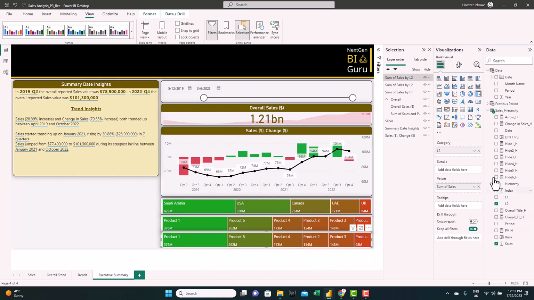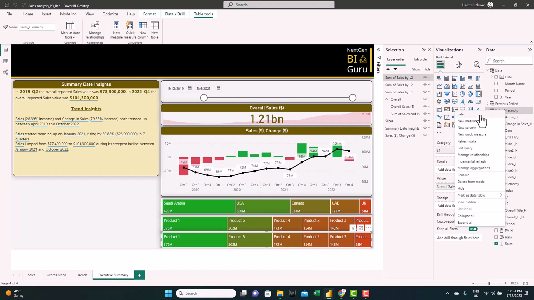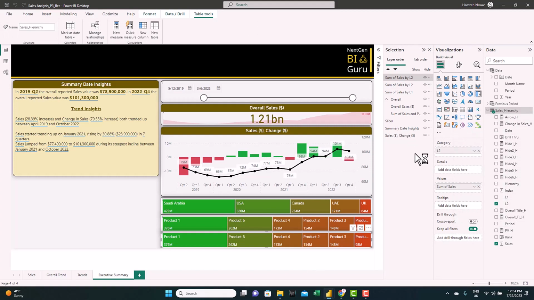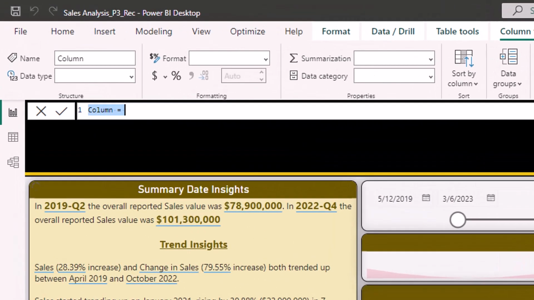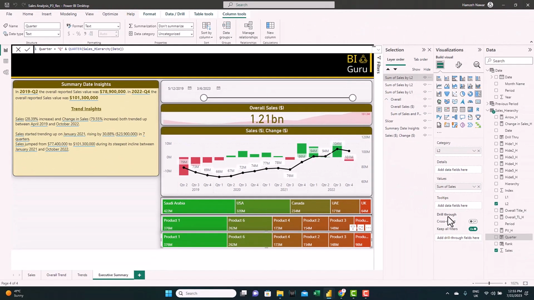And for that, we need to add a custom column. Let's name it quarter. And I have the function ready, q plus quarter, and taking the date. Now let's feed in the quarter column to the category and remove L1.